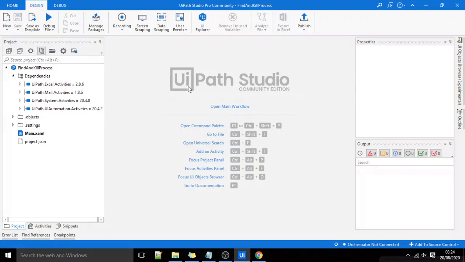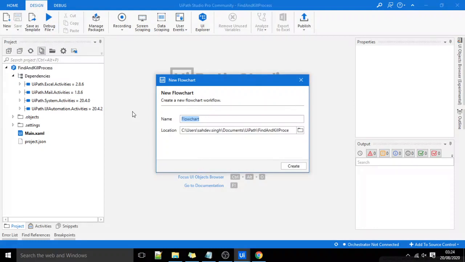To demonstrate this, I'll create a workflow using a flowchart. I'll name it find and kill process.